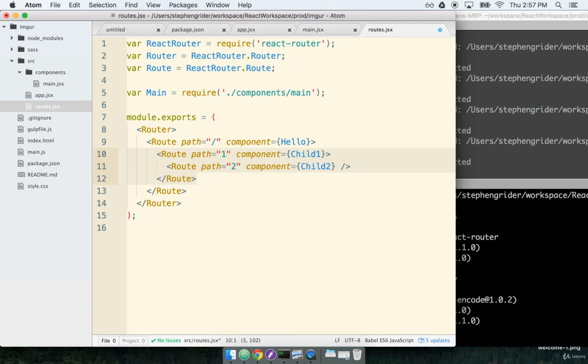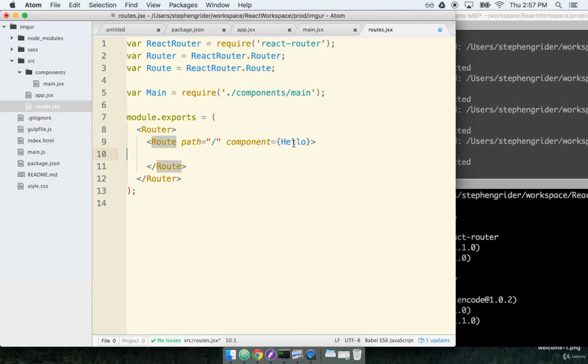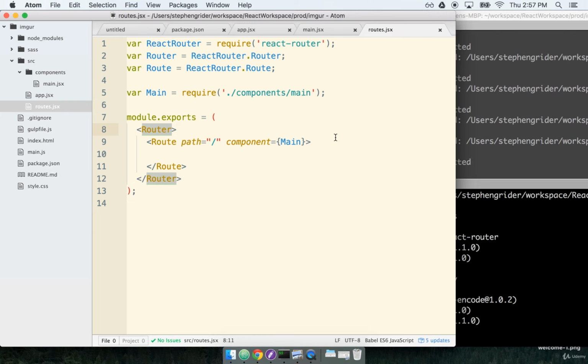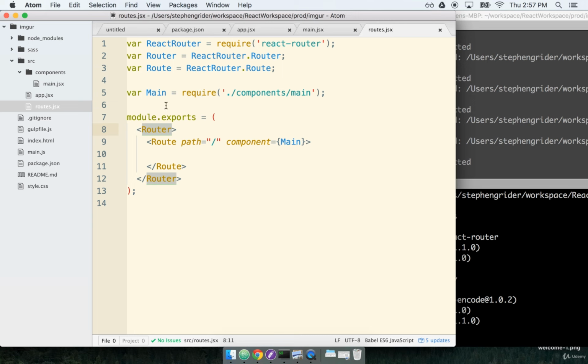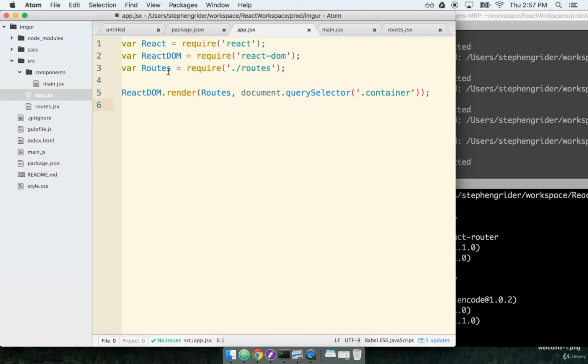So I'm going to delete the child1 and child2, and I'm going to replace hello with main. Cool. So we now have 3 files, one which defines the main component, one which defines our routes, and one which just takes our routes and renders them to the DOM. Let's go ahead and refresh our browser